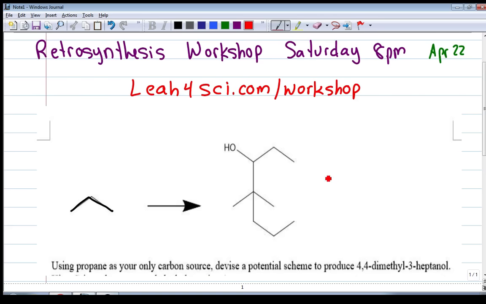The instructions specifically say, using propane as your only carbon source, devise a potential scheme to produce 4,4-dimethyl-3-heptanol. Now, as I'm working through this, if you can hear me clearly, if you can see this clearly, just give me a heads up and let me know. I'm keeping an eye on the chat on a separate screen so that I can answer your questions as they